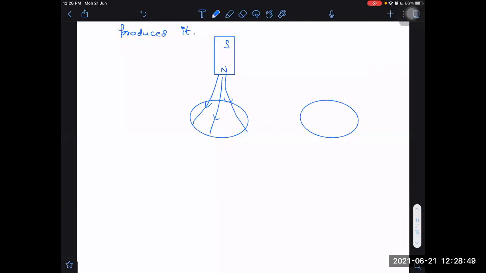It will try to create its own magnetic field lines which are not pointing downwards, but which are pointing upwards, because it wants to repel it. So what kind of current does it have to produce? Anti-clockwise. Yes, I think you're right. By the right-hand thumb rule, if there is anti-clockwise current, then magnetic field lines will be pointing towards dot.